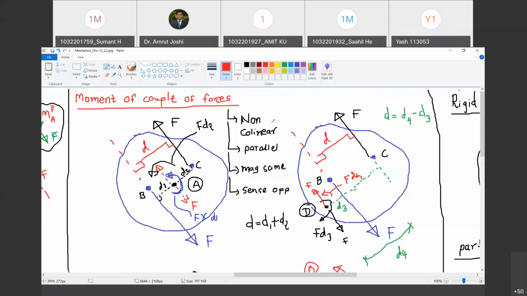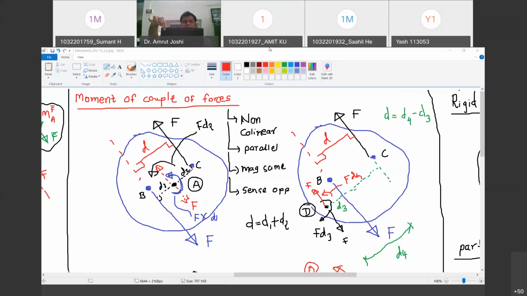Yes, sir. Now I am going to turn on my video once again to explain this point. Are you able to see me? No, sir. Yes, sir. Now you can see. Imagine this notebook. I am having force F acting here and force F acting here. Are you with me? Let us say this force acts upwards and this force acts downwards. Are you with me?